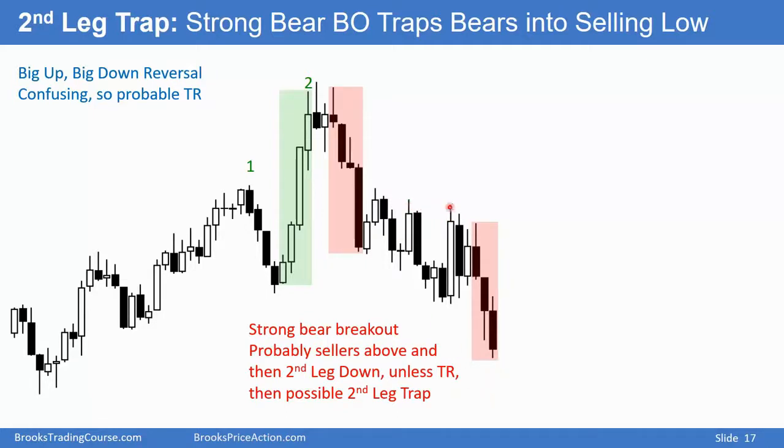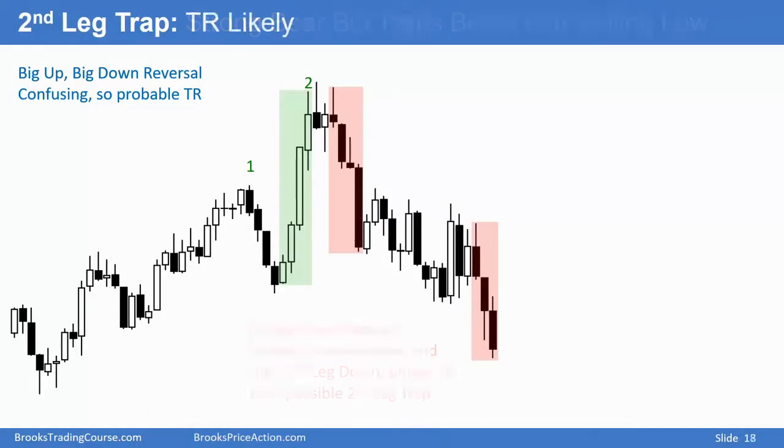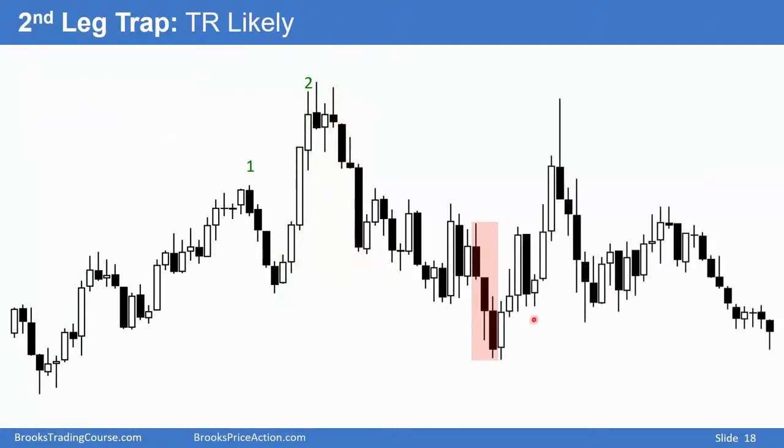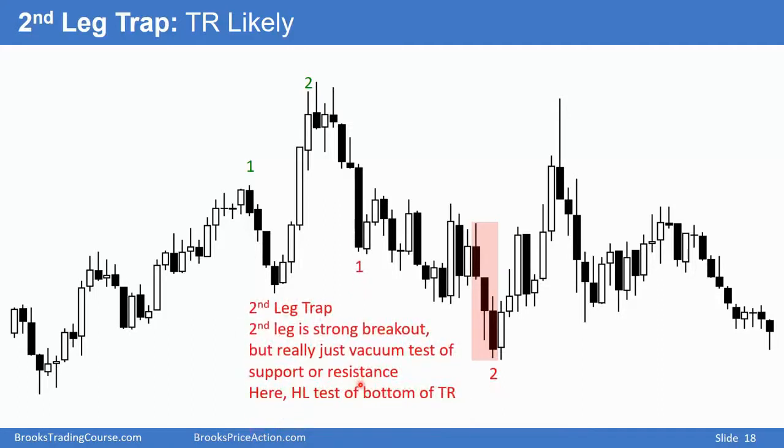The bears hope it's a double top bear flag, so bear trend, double top bear flag. The bears hope it's a failed breakout below a double bottom, but look to the left. We still might be in a trading range. And look at the follow through after the breakout, and then the reversal up at a second bar. At this point, a lot of the bears would be concluding that it's a second leg trap and that we're going to have more trading range price action to the right, which we did.